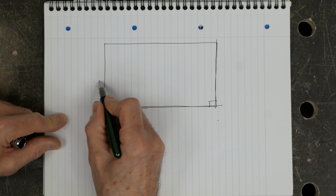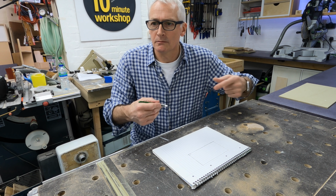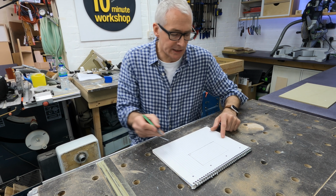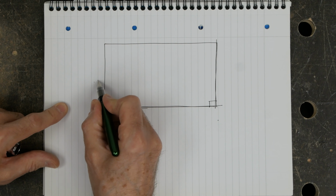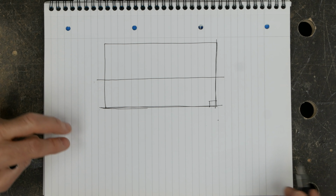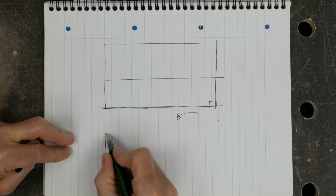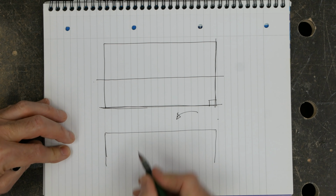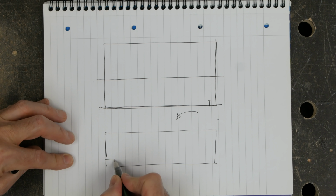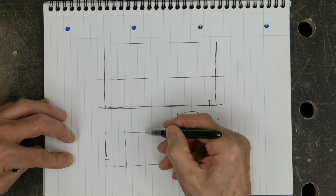Then we're going to put our parallel guides on and rip 600 mil. You want to end up with 600 by 400, so whatever that is, 24 by 16 inches or thereabouts. So you're going to make a 600 mil rip straight across the board like that, and then we're going to flip it over so that you've got it this way round with a known square at this edge, and then with the parallel guides fitted you can make your 400 mil